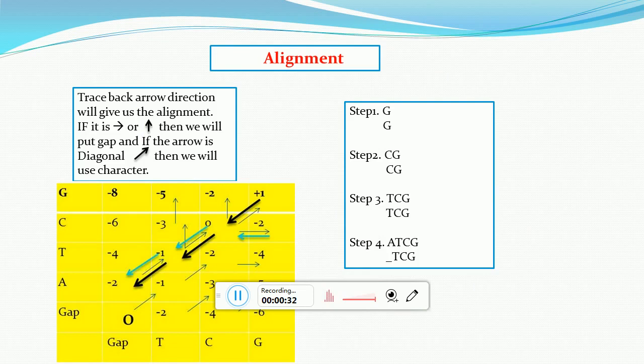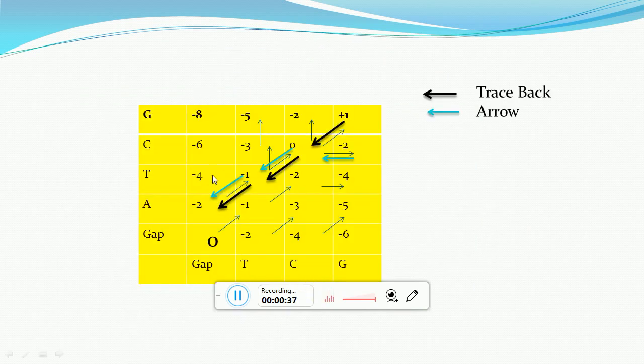One portion was remaining in the global alignment video. The matrix was completed, and I have explained how to fill this matrix, but I haven't told you how to get the alignment done after the traceback arrows we are getting. So I'll start with that, and then I'll move on to the local alignment process. Let's start.